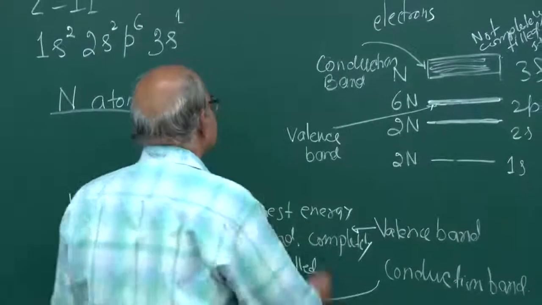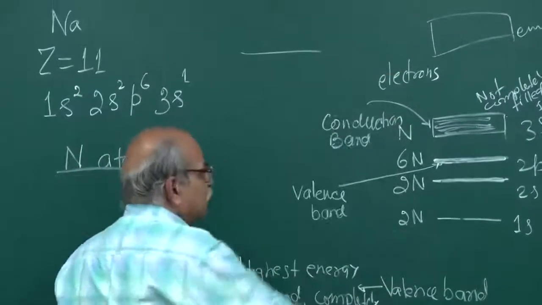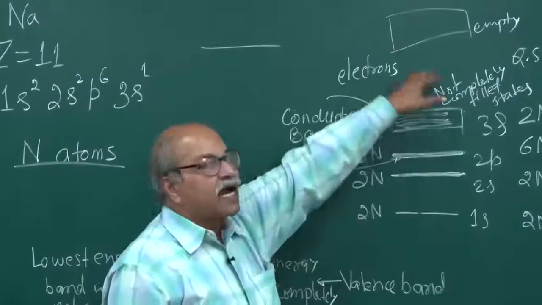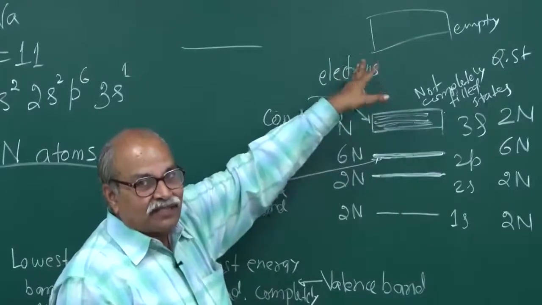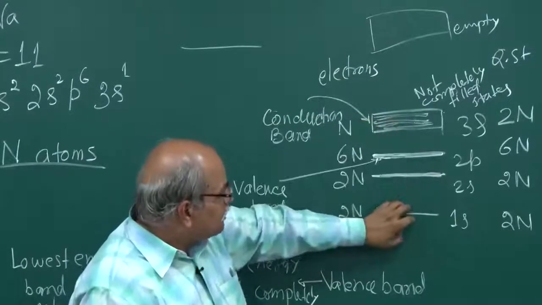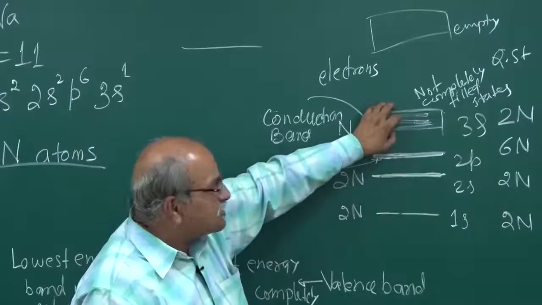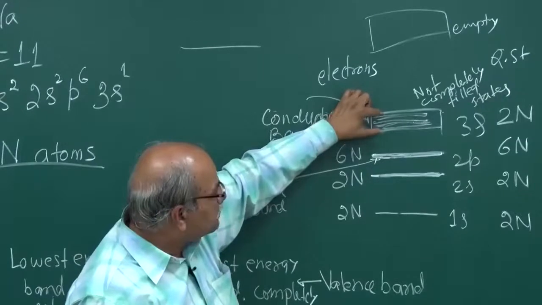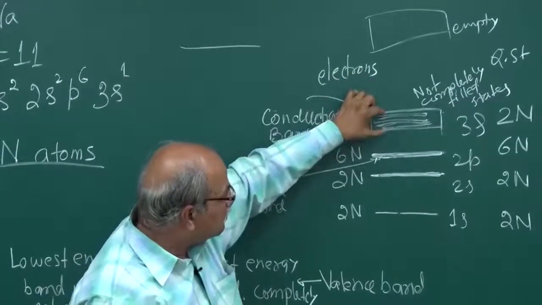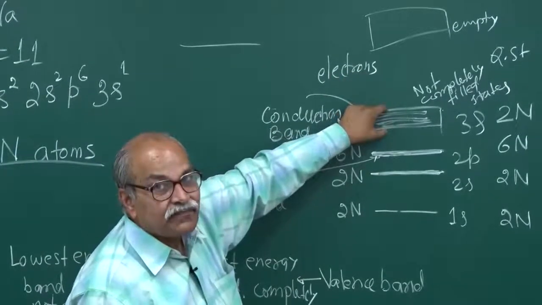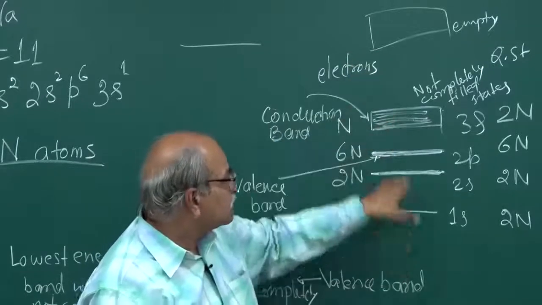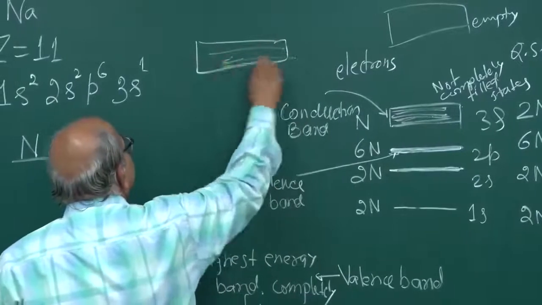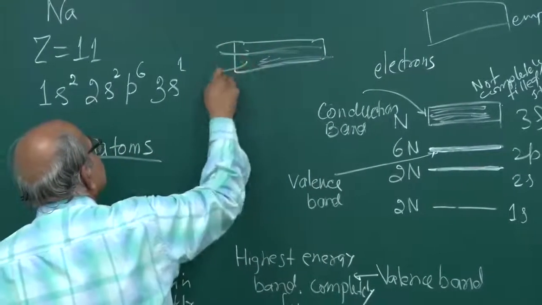So, if you have some material, not necessarily sodium, which has this kind of band structure, where you have completely filled, completely filled, completely filled, and then partially filled bands. Here you have enough filled states and enough empty states. So, with this kind of band structure, you can draw a wire of that material, and then you can connect it